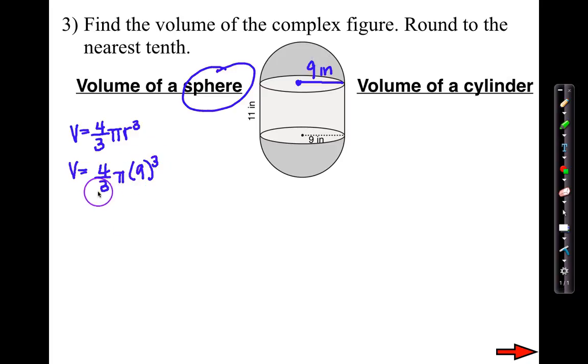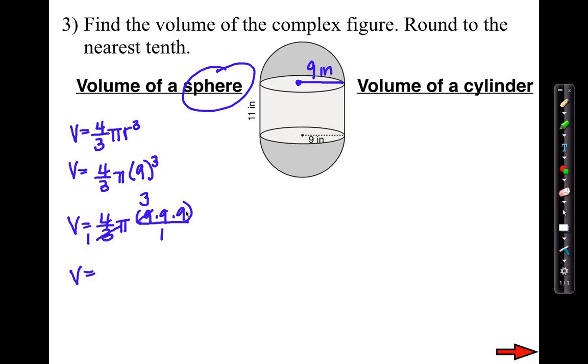Here, it would be very helpful for you to actually write out the 9s, and let me explain why in a second. I'm going to put 9 times 9 times 9. This is technically over 1. Now, why was that helpful? Because then I can see that they do cross cancel. Both the 3 and 9 have a 3 in common, so 3 divided by 3 is 1, 9 divided by 3 is 3. So the volume is 4 times 3, which is 12, and 9 times 9 is 81, so